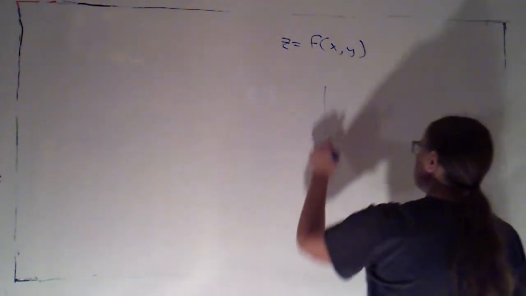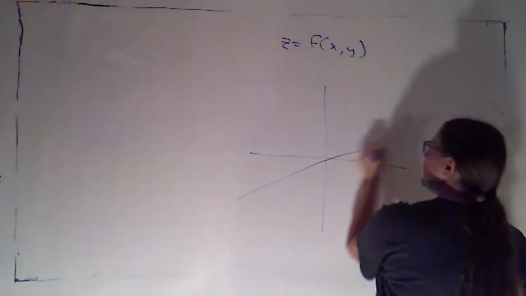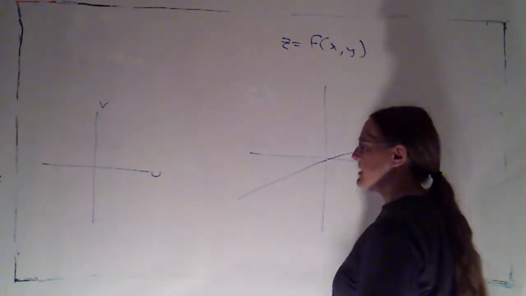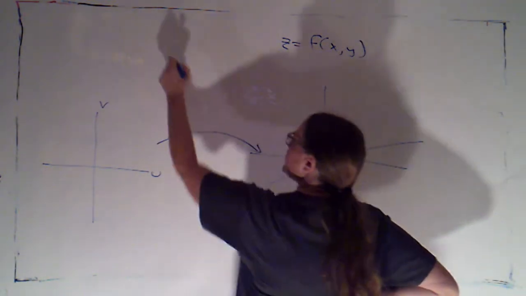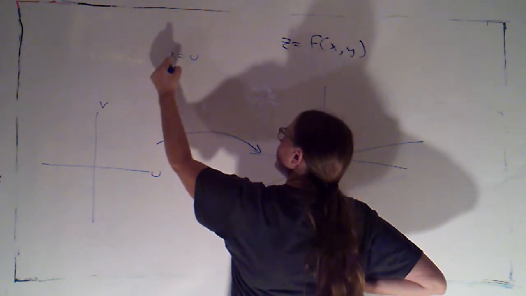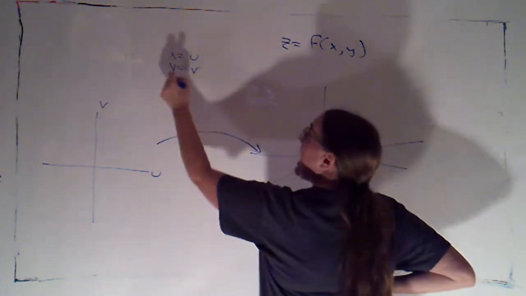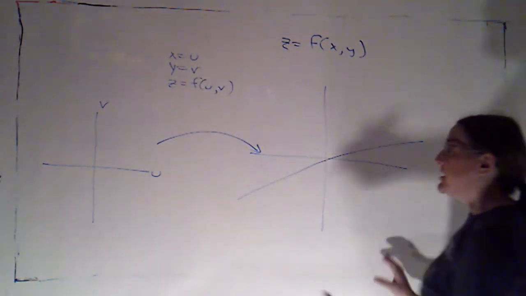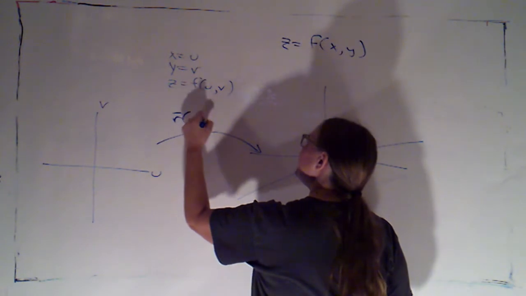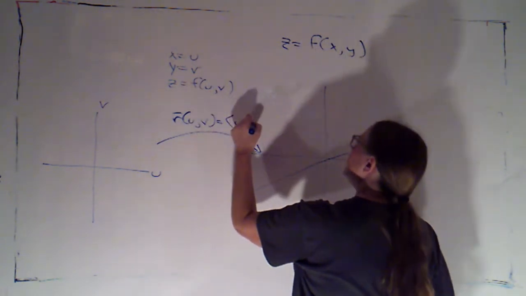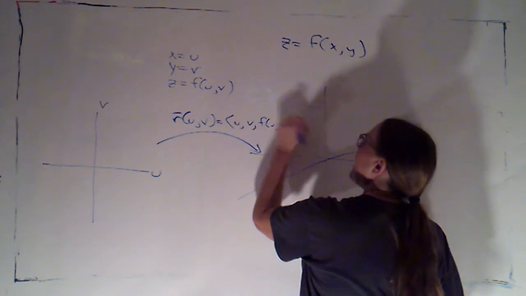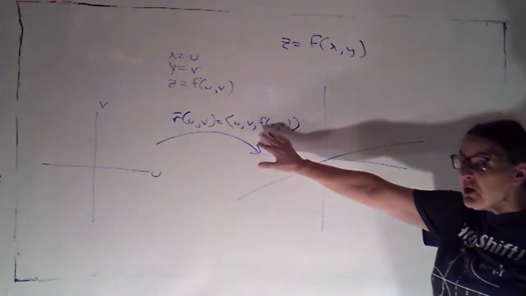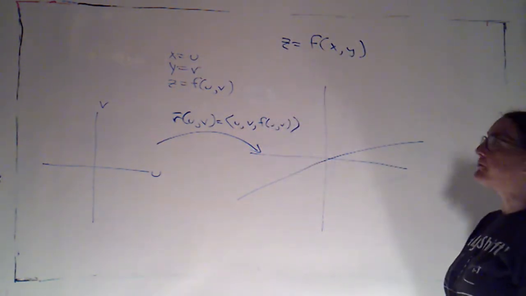What I can do is basically just introduce my parameters, which I'm going to call u and v, but then with my parameterization, I can just let x be u and y be v, and then z becomes a function of u and v. So my function r of u, v is just u, v, f of u, v. So it gives me a way of using just 2 variables rather than 3.